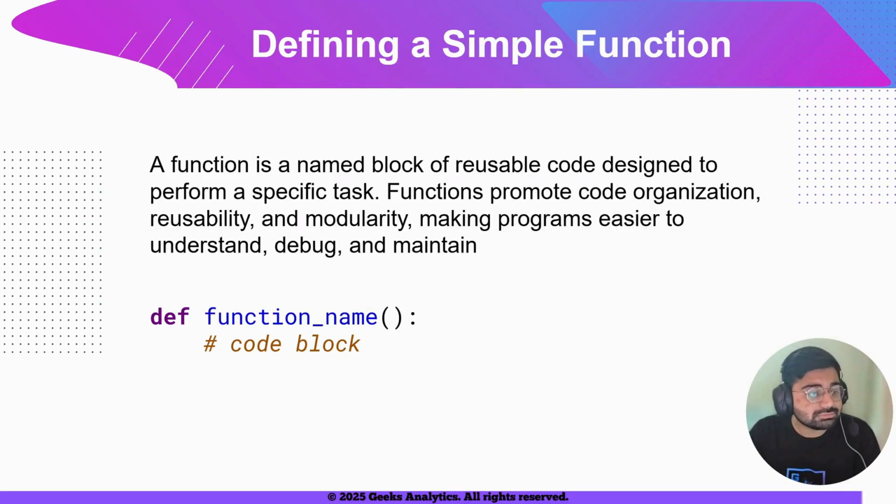To define a function, we use the simple def keyword. This is followed by the function name that you want to give, and the parentheses and the colon. If there are no parameters to be passed, the parentheses after the function name are empty. The body of the function is under indentation and can contain any valid code. Once this function is called, you can define the behavior, and based on the behavior, the final output will be